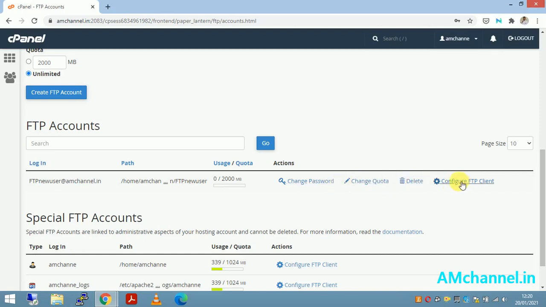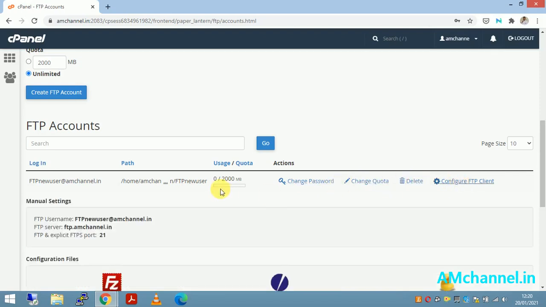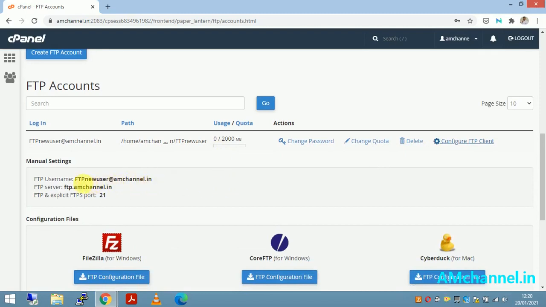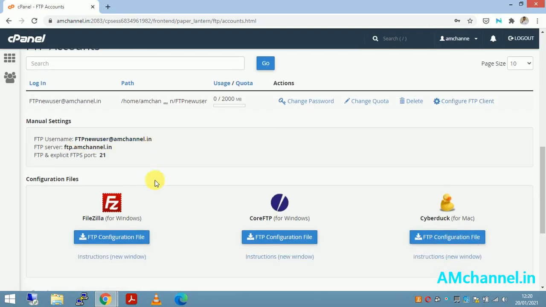And here Configure FTP Client shows you the FTP details that you require for FileZilla. You can also use Core FTP client or Cyberduck as an FTP client, which is for Mac.